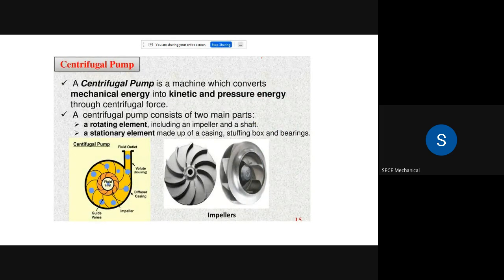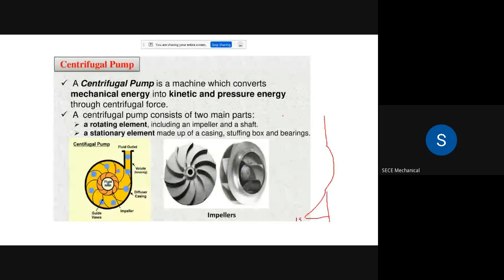Now, another classification of pump is called the centrifugal pump, which has the actuation of the centrifugal force, right? It is a machine which converts mechanical energy into kinetic and pressure energy. Both the kinetic energy and pressure energy are produced by means of this centrifugal pump. When the inlet fluid comes in, there are the vanes, and the rotation of the vanes matters. For the pump, you have to make the inlet velocity triangle very, very carefully. Please remember that the velocity triangle is very, very important.